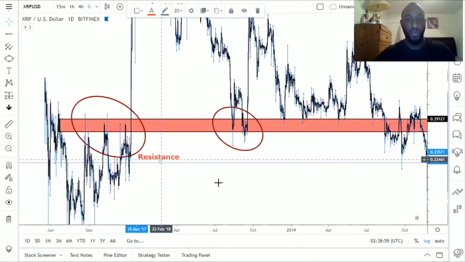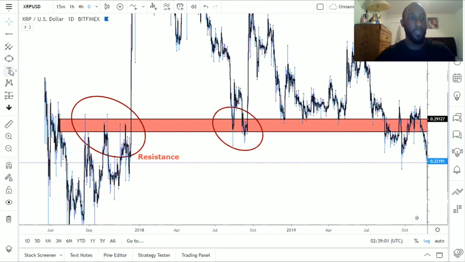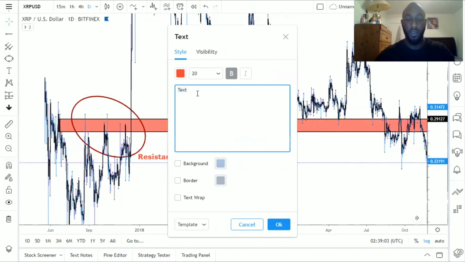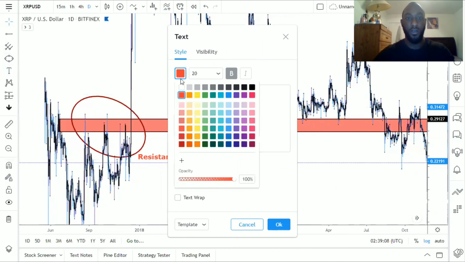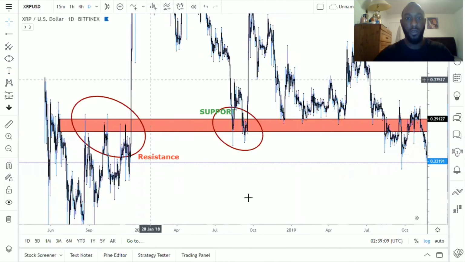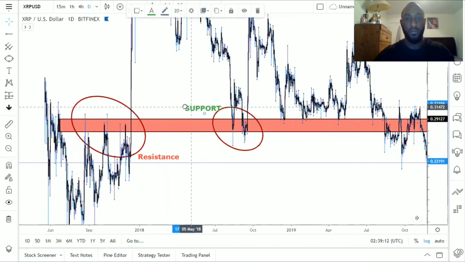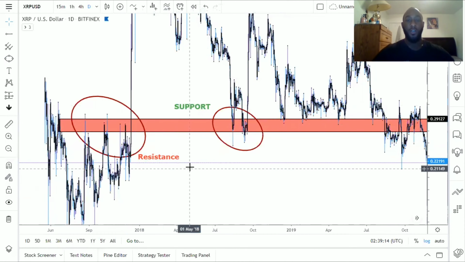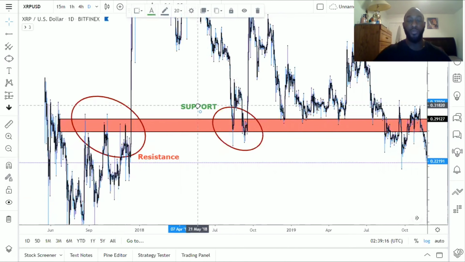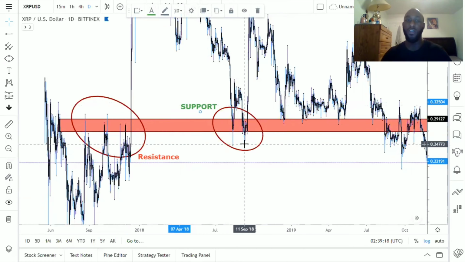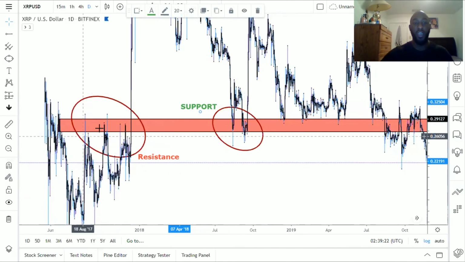So here it was a resistance. Here it acted as a support. To even be considered a support or resistance,